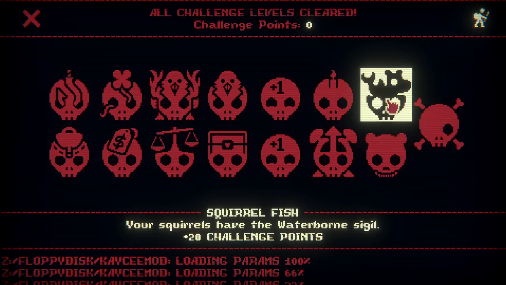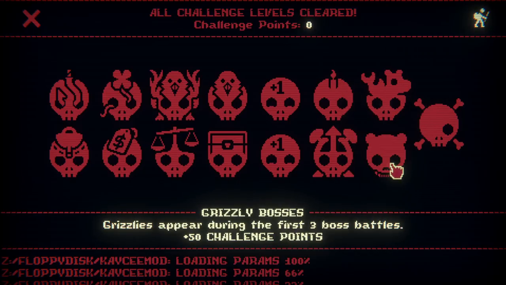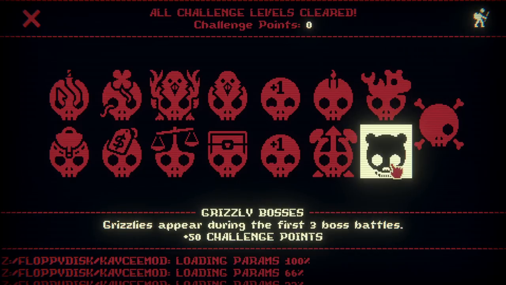So this is pretty dangerous, although sometimes it doesn't even matter, because you will just play the squirrel and sacrifice it, but having a blocker when you need it is sometimes important. It's important when you go against the grizzly bosses. This thing removes all the phase 2 of all 3 boss fights and changes them into grizzly boss fights, which